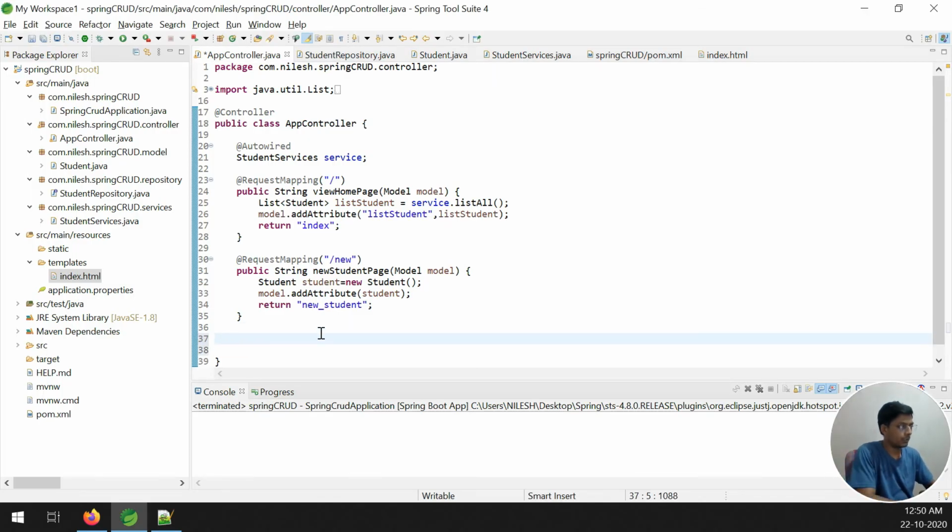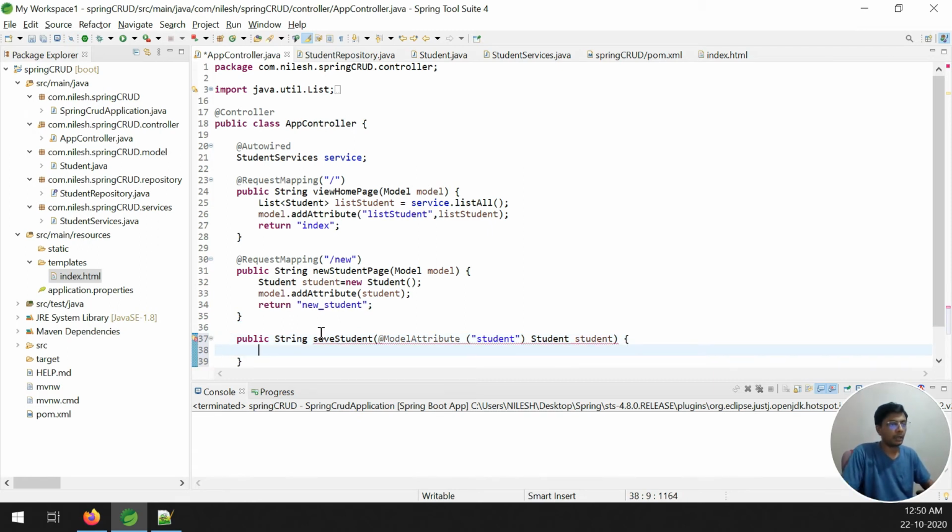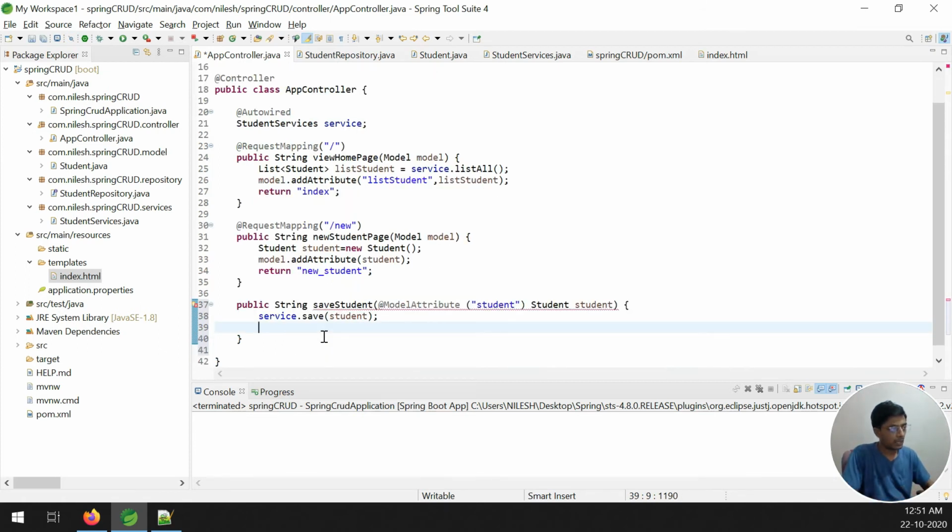So now to save the information of the student, I have to create one more function inside the controller. That is public string save student, and for that I have to use the model attribute, and I'm using this student as a parameter name, and after that I'm using student, right? Whatever information came, I'm saving by using the service object save student, and after saving the student information, I have to redirect to the home page, right? So return